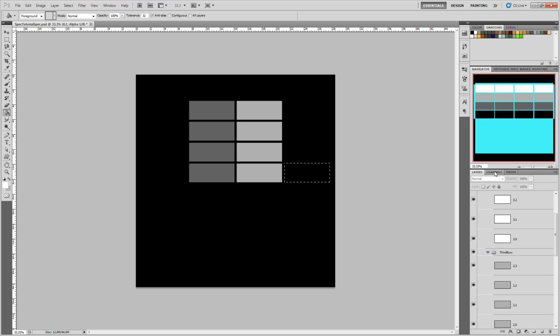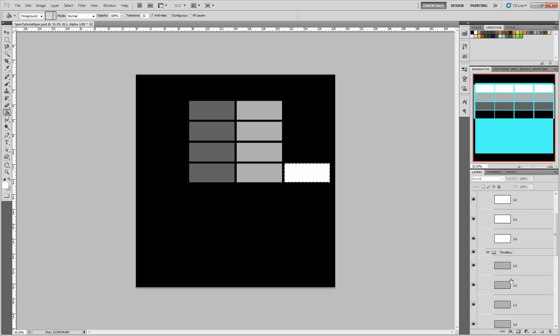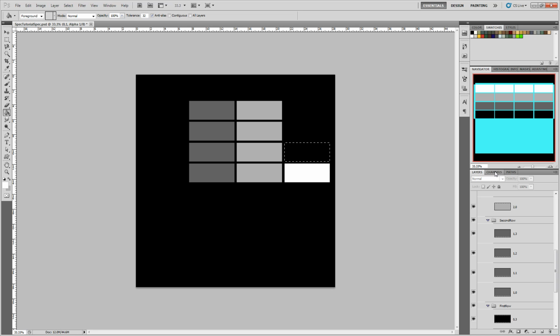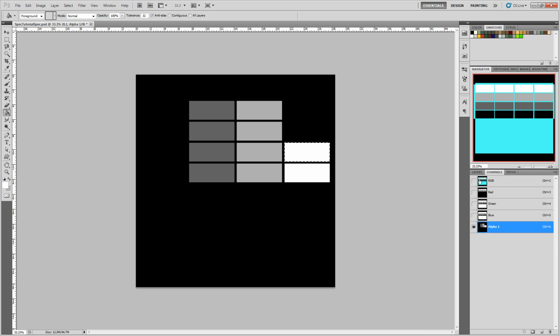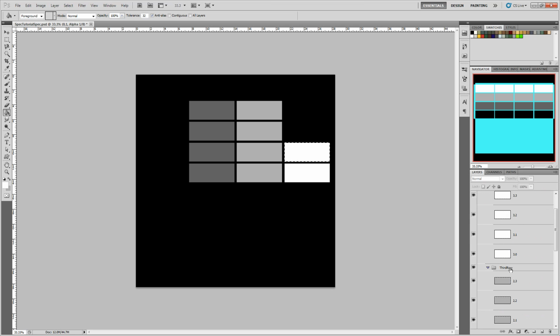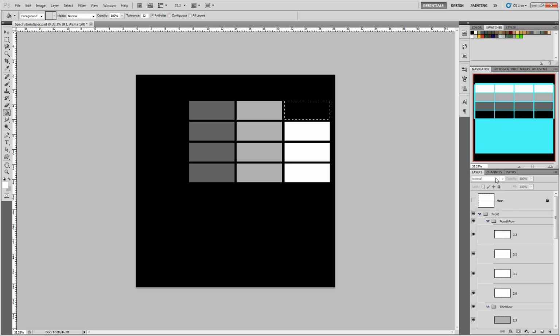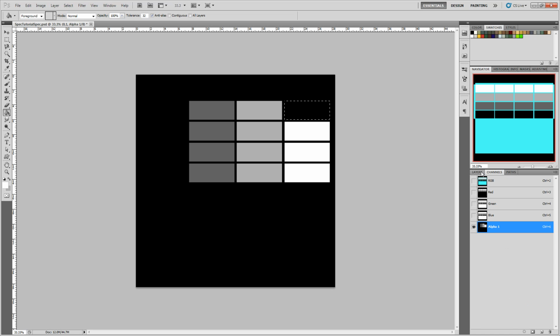Okay, so now back to the alpha. I'm going to fill white. Top row here, white. Top row here, white, and finally this one here. And white. Okay. So now we're looking at our alpha channel, and we're going in columns